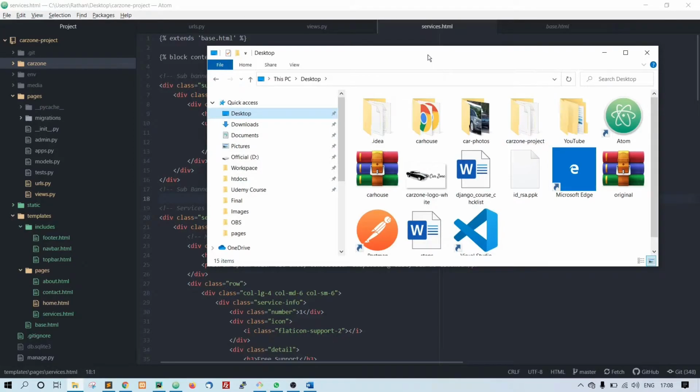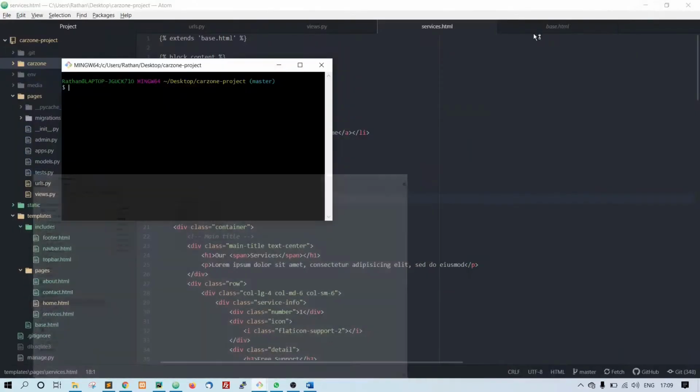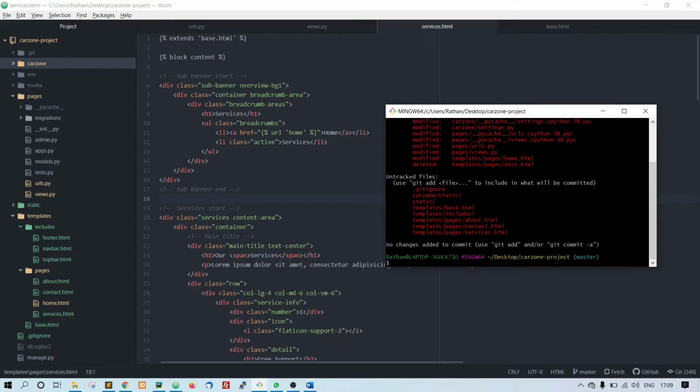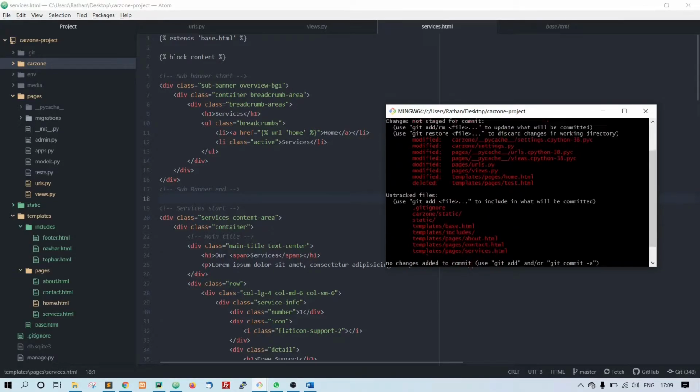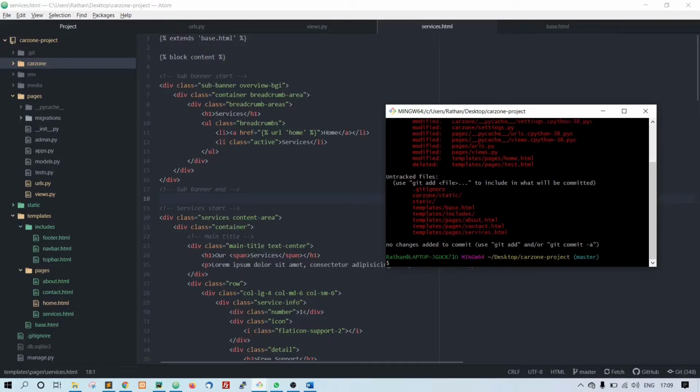Go to the Carzone project here. Right click, Git Bash here. Here, see the git status. Let's check what we have changed so far. See, since a long time we have not committed anything. I think this is a good time to commit.